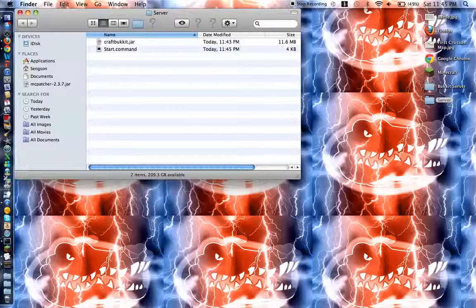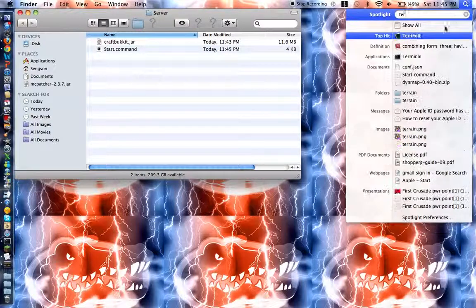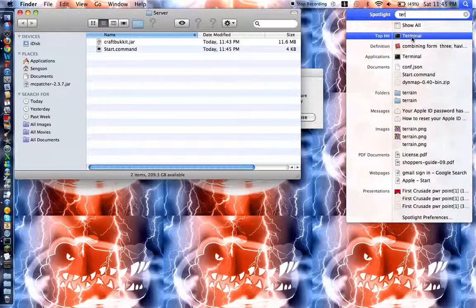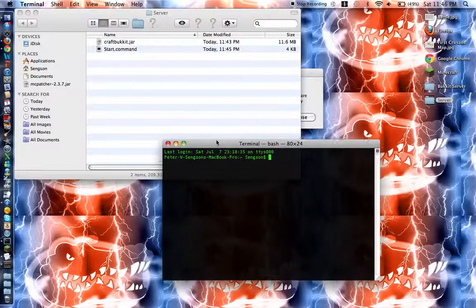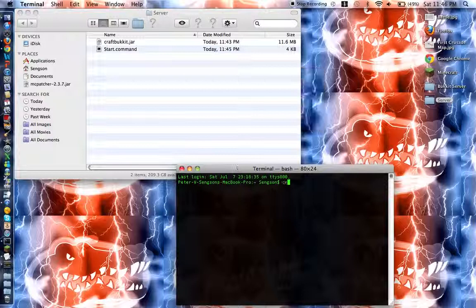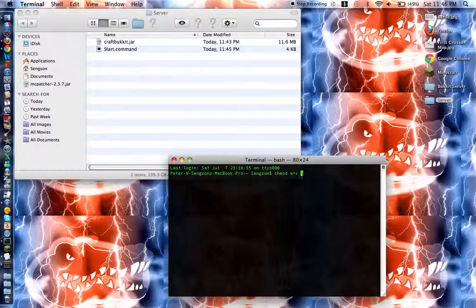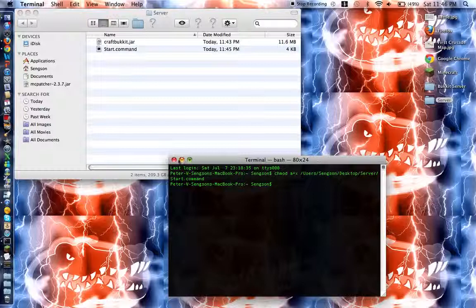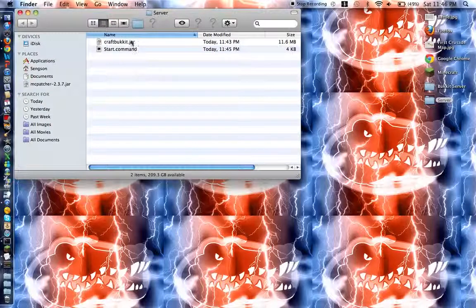Once you do that, open your terminal. Type in TER to bring up Terminal. And this should come up right here. Type in chmod space a plus x space. Make sure you have the space after the x. Once you do that, drag in start.command in here. Press enter. What that does is it lets start.command